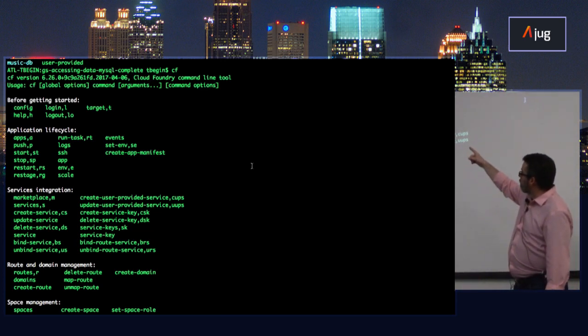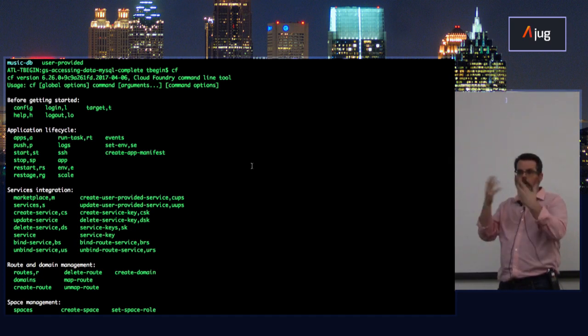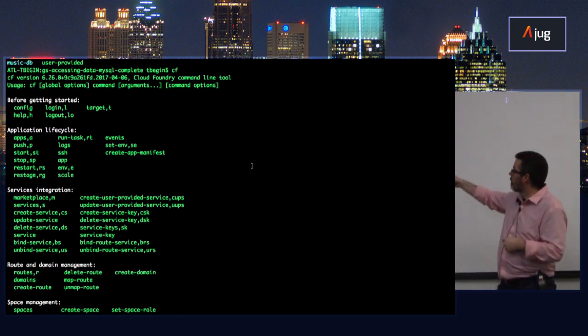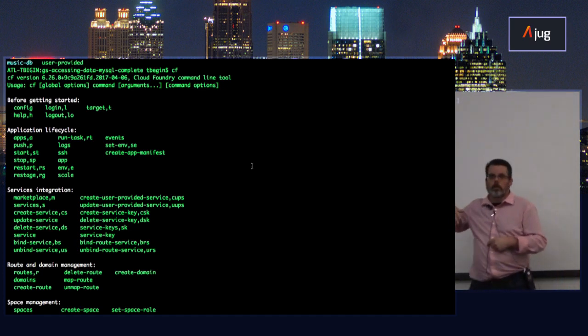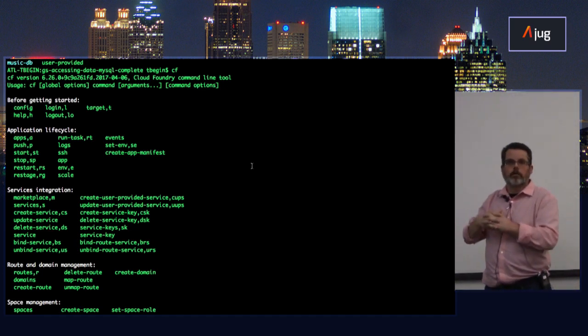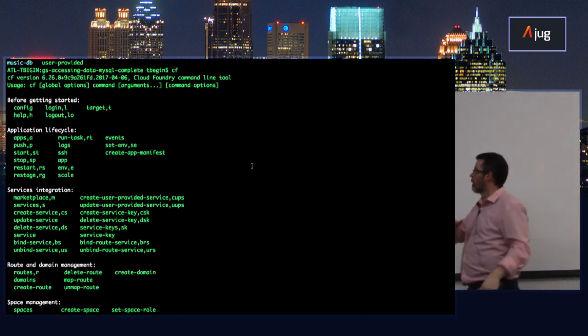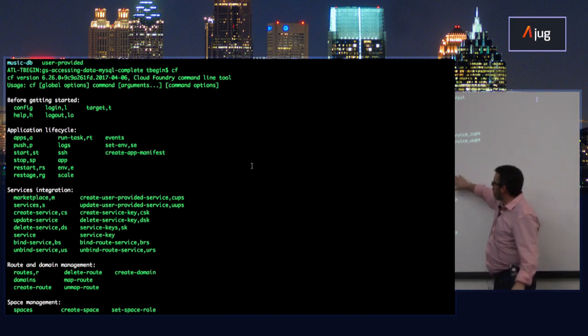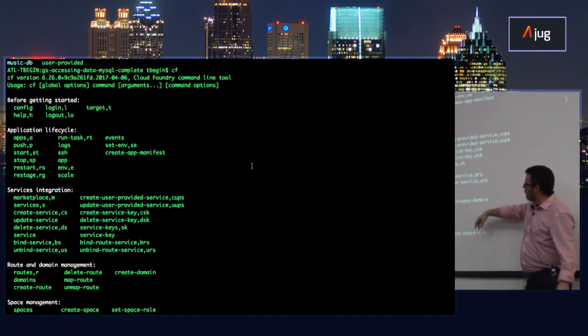And then the application lifecycle, you got push, start, stop, restart, restage, and so on. This is taking care of getting the application up there, getting it configured, and then starting and stopping it within the lifecycle of Pivotal Cloud Foundry. Services, this is where you start defining and binding to your services. Remember we talked about treat everything as a backing service? These are the commands that will take care of doing this. So if you want to create your own, that's where you have this thing called cups. I'm going to come back to that in a second.